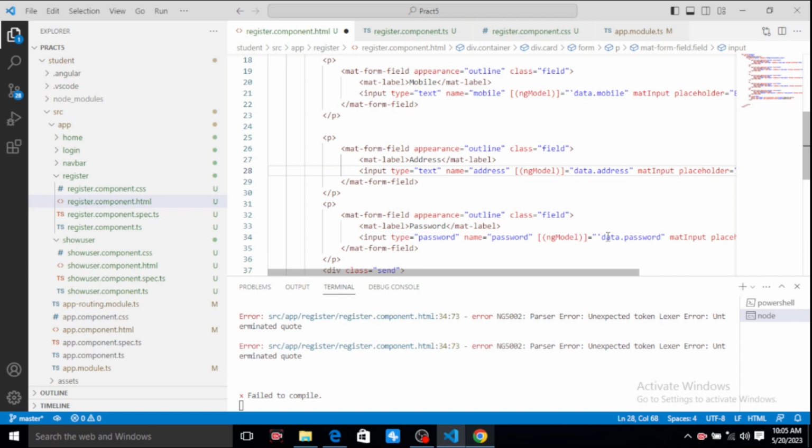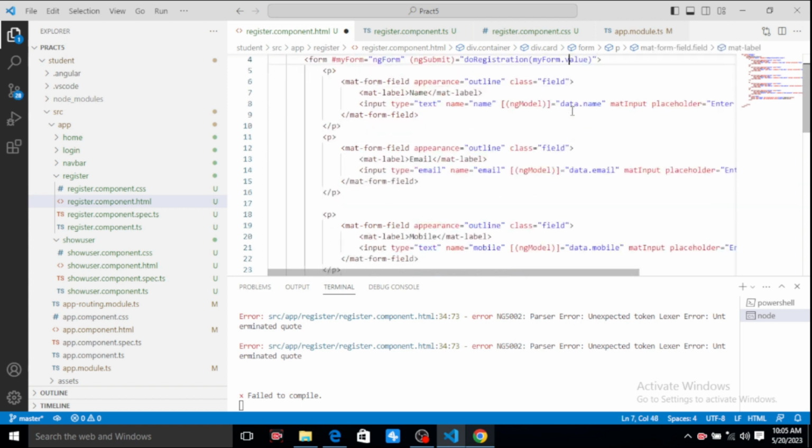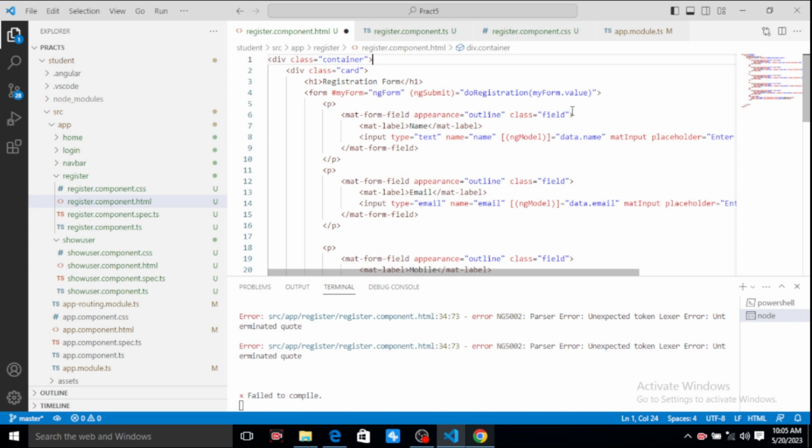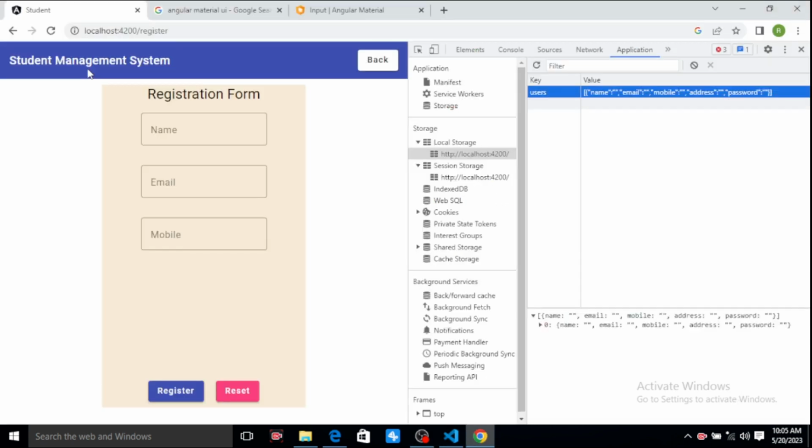Mistake is there. Again here, delete, and all things are fine. Okay, compiled successfully. Now go to our application,